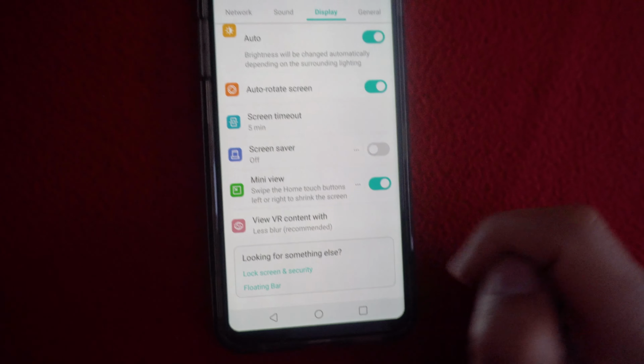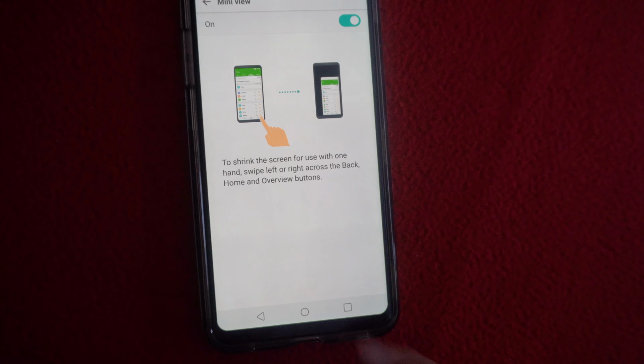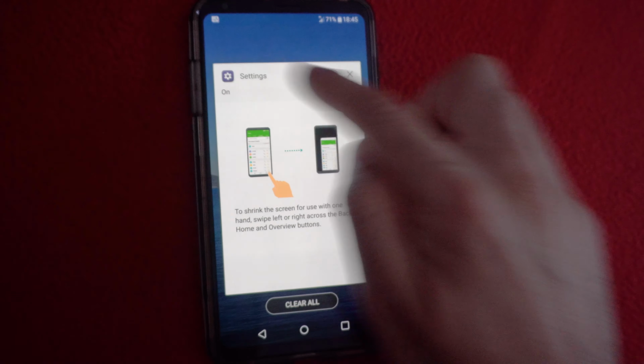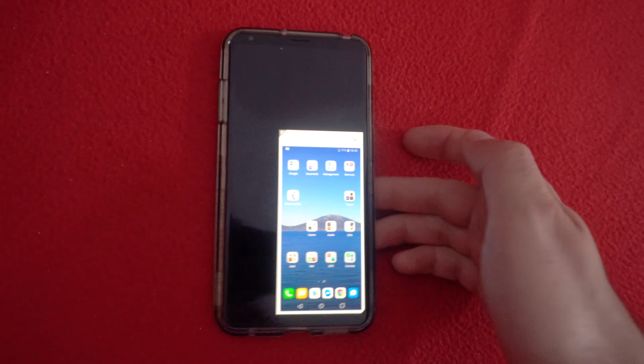Here at 3 dots it says to shrink the screen for use with one hand, swipe left or right across the back, home and overview buttons. Okay, so let's close this one. Mini view mode was enabled, and just swipe from the left to the right, let's see, and voila, we have